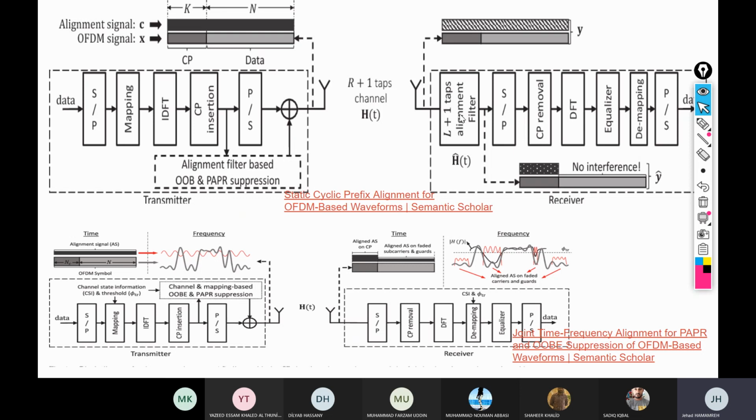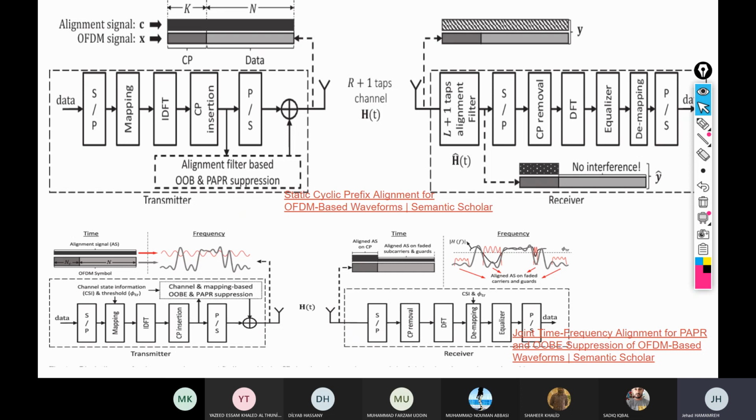This is important for the cases where the channel is not providing enough multipath, because this technique requires rich multipath in your environment. If the environment is not providing enough multipath, you design a filter at the receiver and you consider this filter as part of the channel,